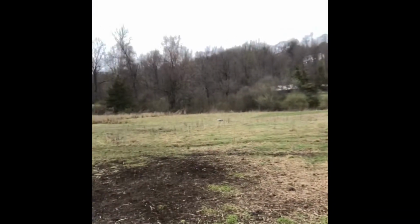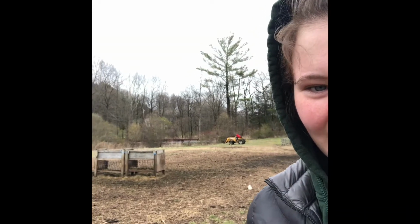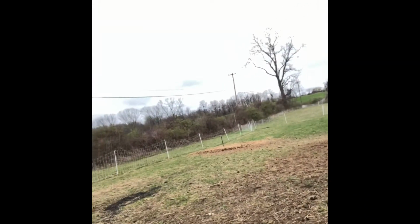Today with my dad, we are moving the sheep across the road to give them a new area to graze. We just took down a bunch of fencing out here. My brother's going with the tractor to pick up the fencing and move it to the next fields over there across the road. My dad has to pick up fencing and move it every few days usually,